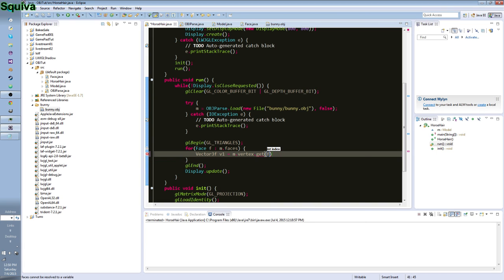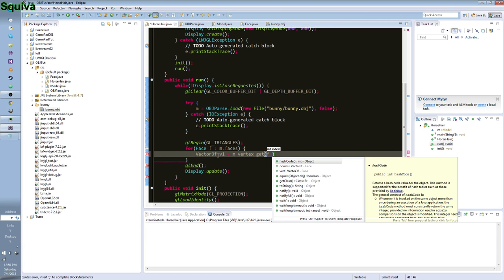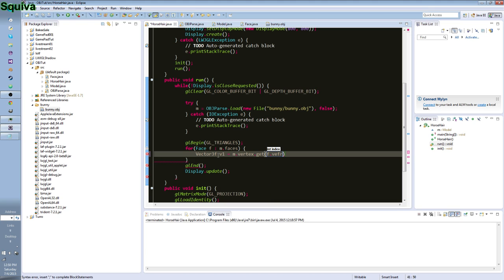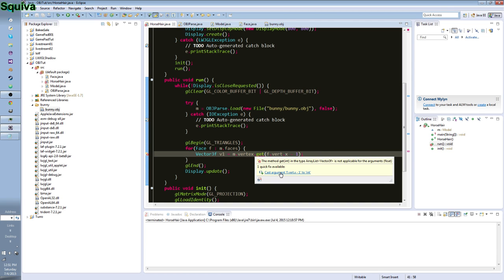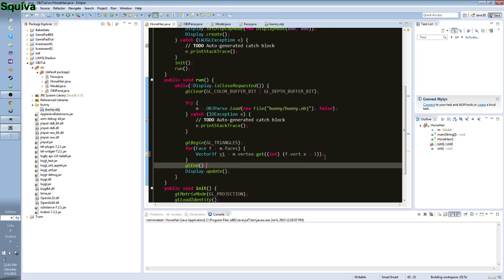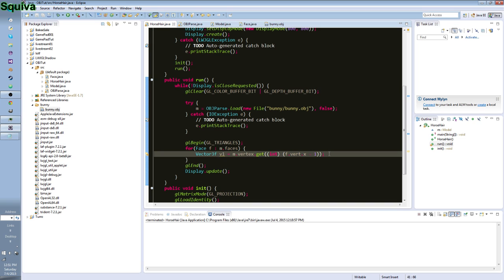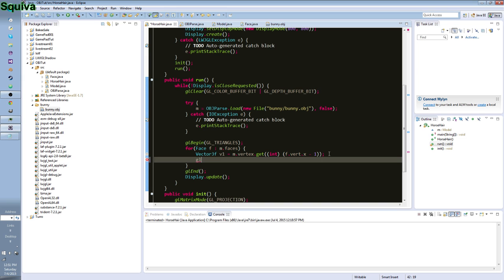Oh, I'm sorry, f dot vert dot x minus 1. Alright, and then you're literally just going to, oh yeah, we need to cast that to an int. Whoopsies. And now you're just going to do GL